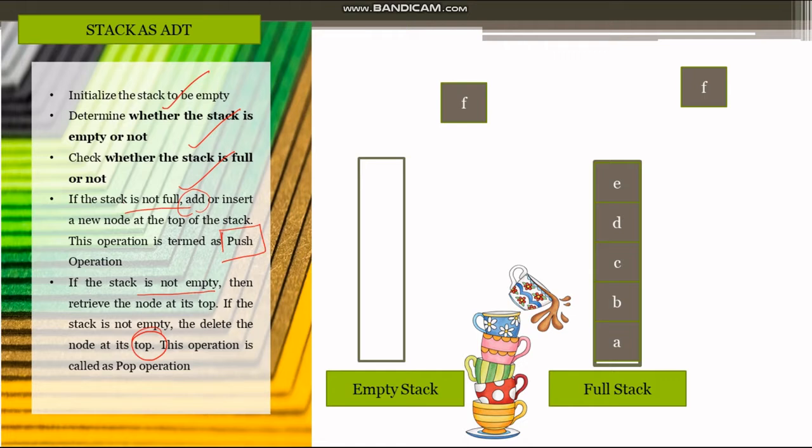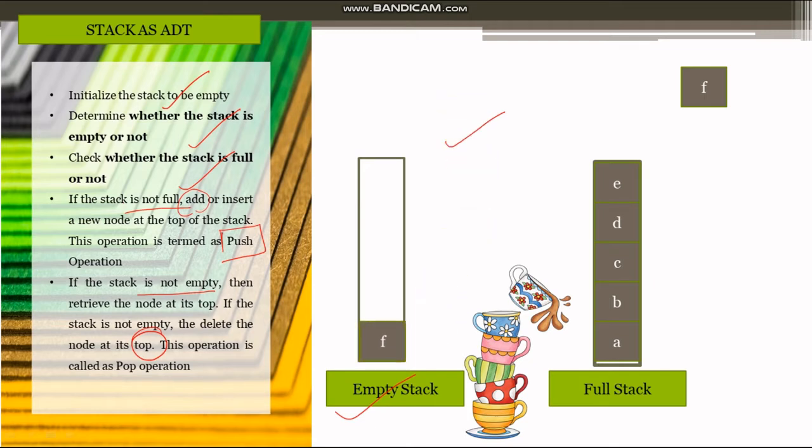We can see a pictorial representation of the stack as an abstract data type, where first we have an empty stack. For an empty stack, if we want to push the element F into it, we would be inserting the element F into this empty stack using the operation of push.